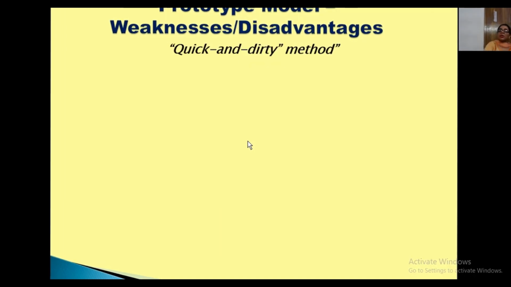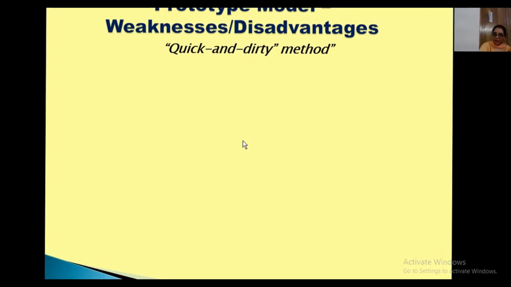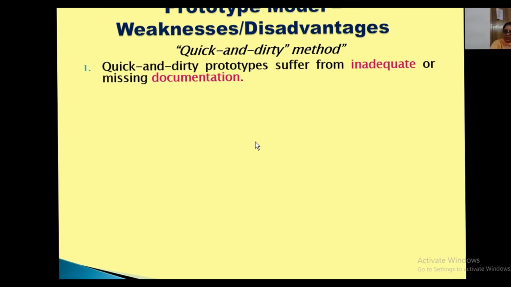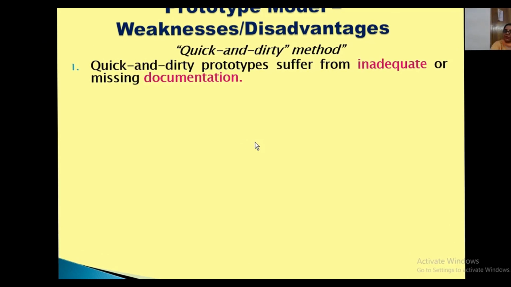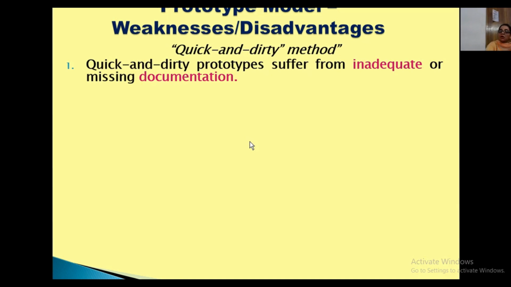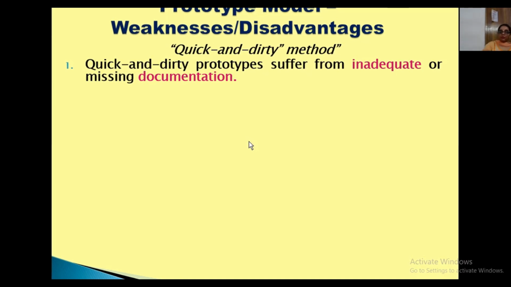Now, prototype model weaknesses or the disadvantages. It is a quick and dirty method basically. Why do we call it a quick and dirty method? Quick and dirty prototypes suffer from inadequate or missing documentation because we look forward to generating quick prototypes, but at the same time documentation remains missing here.